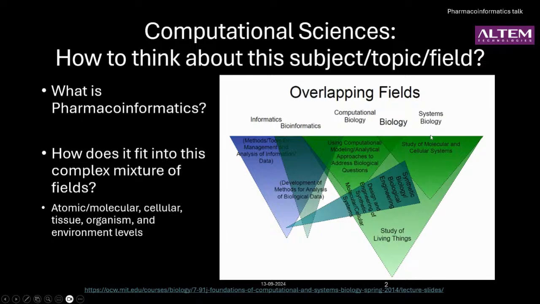And we can see that there are different biological systems that can be studied at a variety of levels. People do systems biology, standard biology studies, computational biology. Then there is bioinformatics and informatics. All these fields overlap extensively, and it sometimes leads to confusion about what is bioinformatics, what is informatics, what is computational biology. So this is one way you can view different fields and how they overlap with each other.